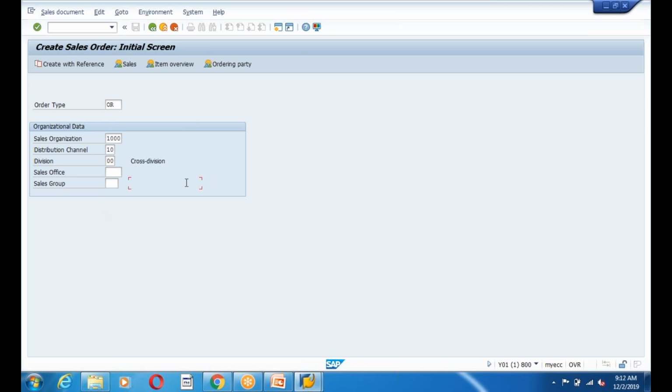Let's take an example: I have a Hyderabad division, a Telangana division. In Telangana, suppose I have some stores, maybe Airtel. Airtel has the main branch office in Telangana, and for every district they have one sub branch. Even for every district they have subdivisions. So the main branch is the 1000 over here, the distribution channels are the sub branches, and we have some kind of divisions. This is exactly the sales organization, distribution channel and division. You must enter these details if you want to create a sales order.